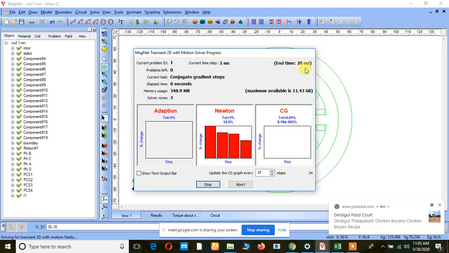So again I am telling you, for doing a static analysis, we have to go for only an element mesh size value as 1, right? Element mesh size value as 1. While doing it for transient, the step time should be 0.1. If we give 0.1 as step time, we will be able to get an accurate result. Otherwise, our result will not be much better. Only 60%, 70% of the result will match our prototype model, right?